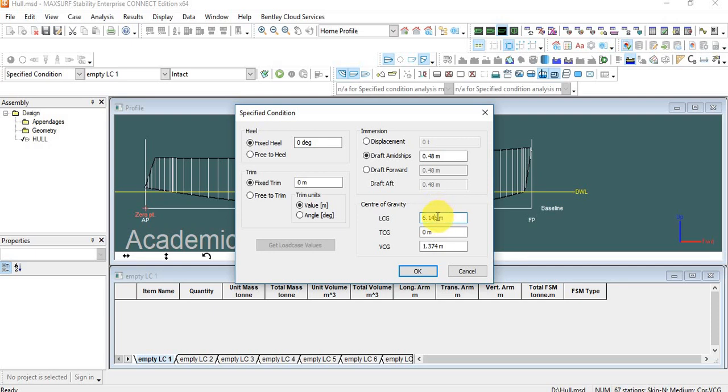So it was 5.46, my transverse was 0, and my vertical was 0.64. Okay. So now, if I click on OK,